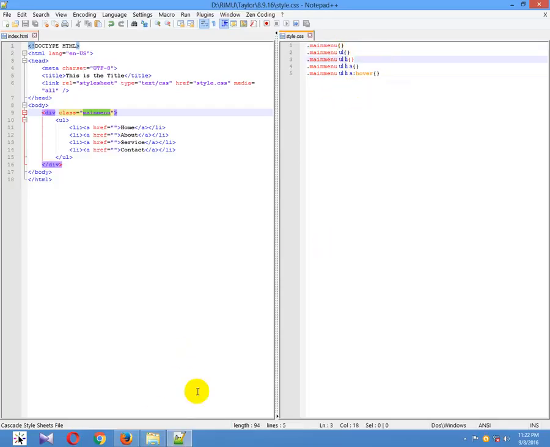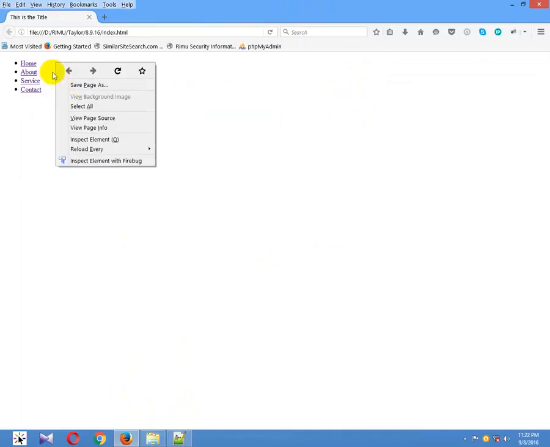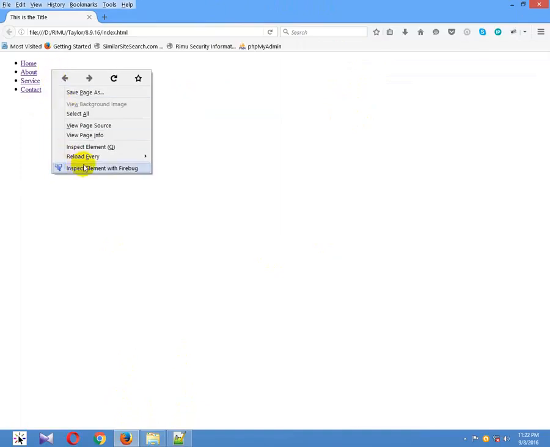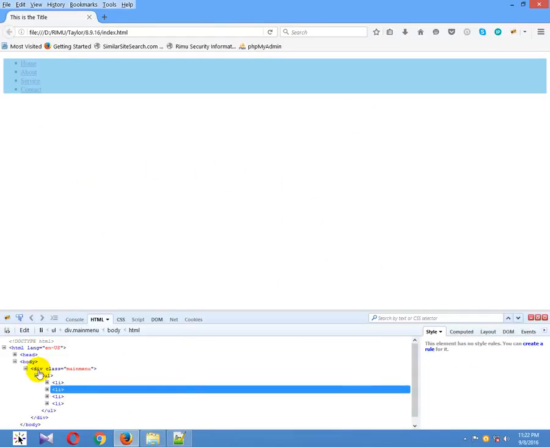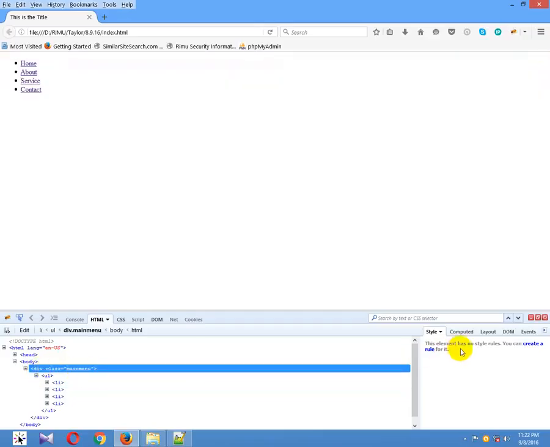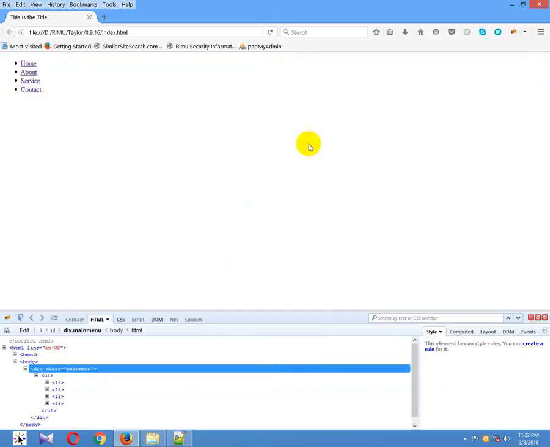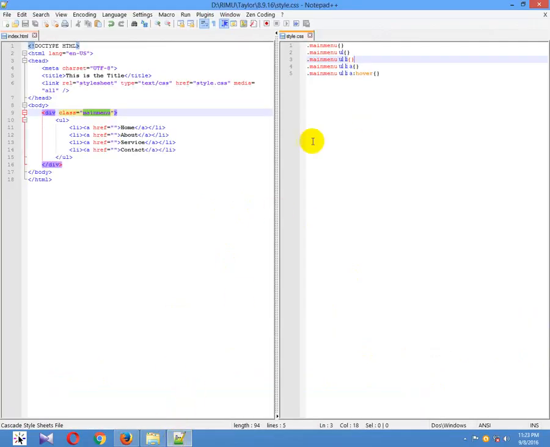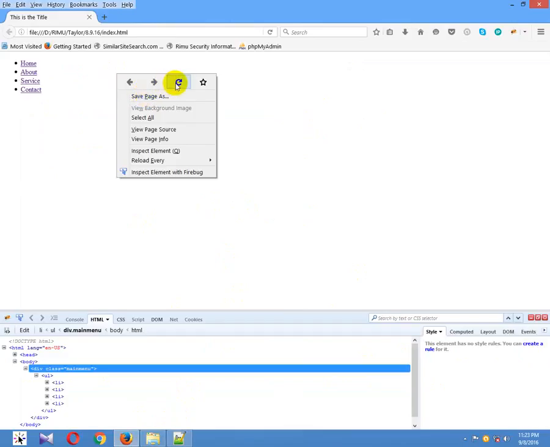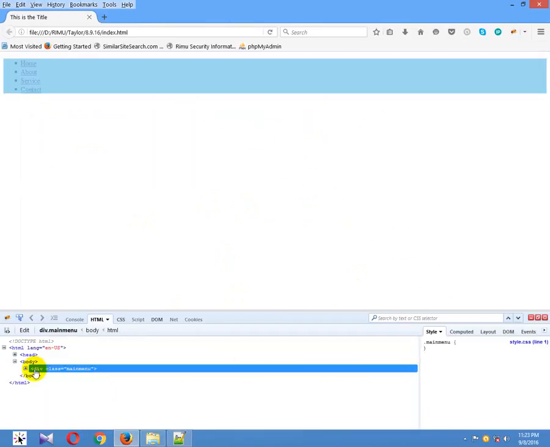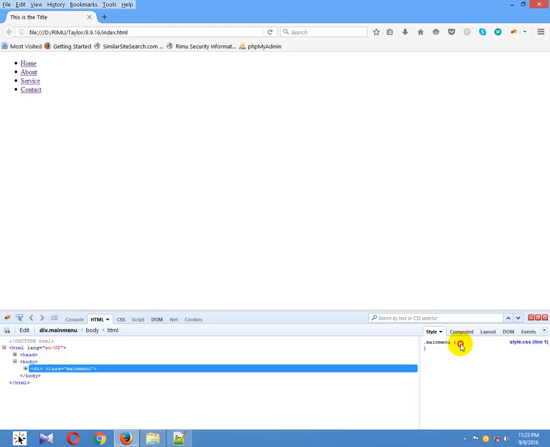now save this and go to Firefox and right click on the body and click inspect element. Okay, now click the div class main menu. Something is wrong here, I can't get this. We reload this and okay, now get the main menu class